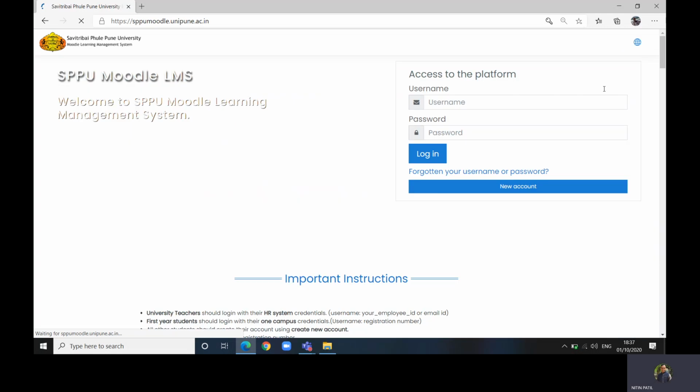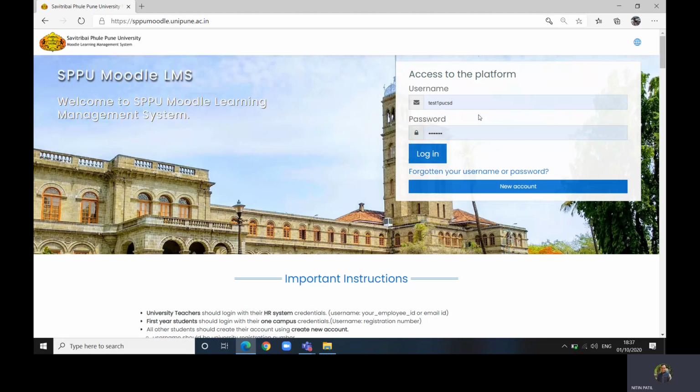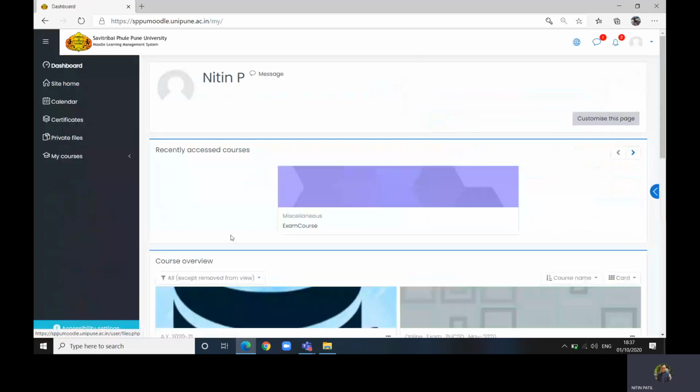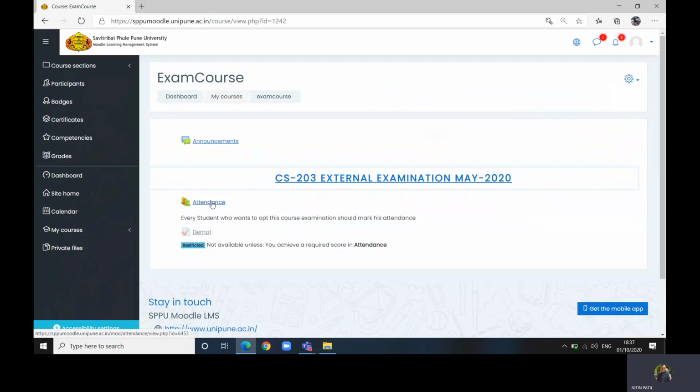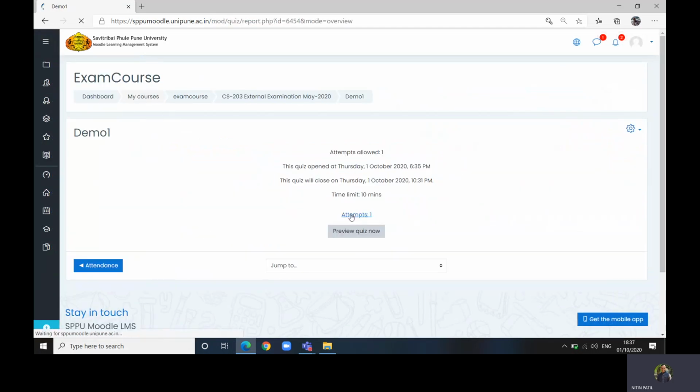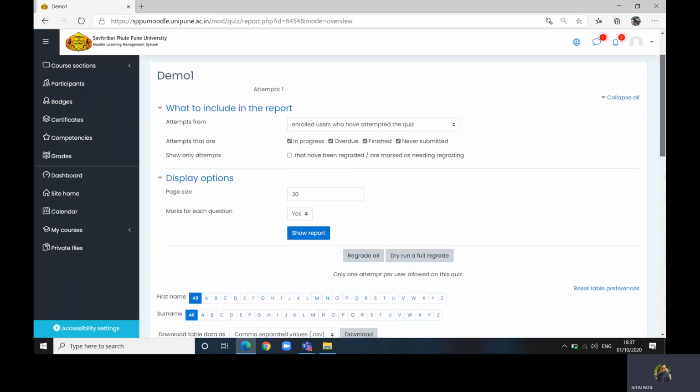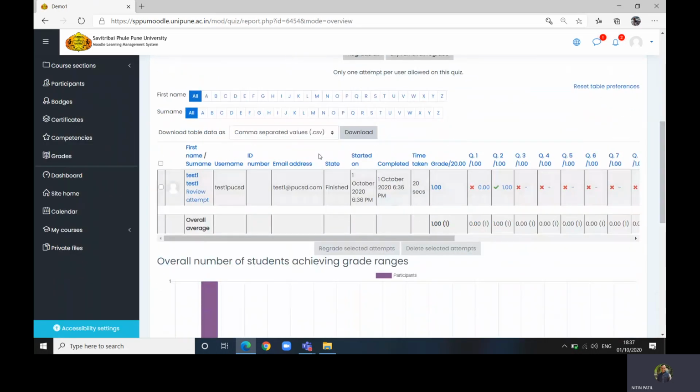The teacher login is PUCSD, assigned for this case. Now let me choose this exam course. If I go to this attend demo course, I can see that one student has already attempted, so I can see the marks added there directly. As a teacher, now I have to choose 15 marks.